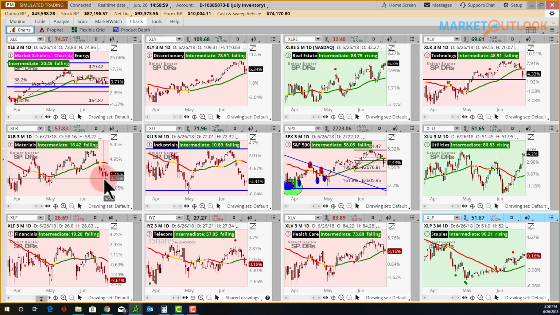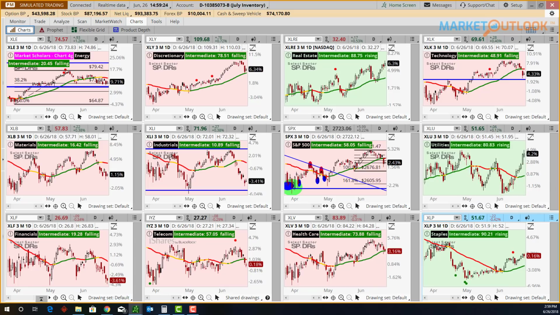Whereas things like industrials, materials, and financials are really areas to avoid right now, being so far below a falling moving average like they are. Doesn't mean they can't bounce, but they're below support, and all three of them are down, making lower lows. There looks to be rotation into some better opportunities right now, as we focus on these areas in previous trade ideas.